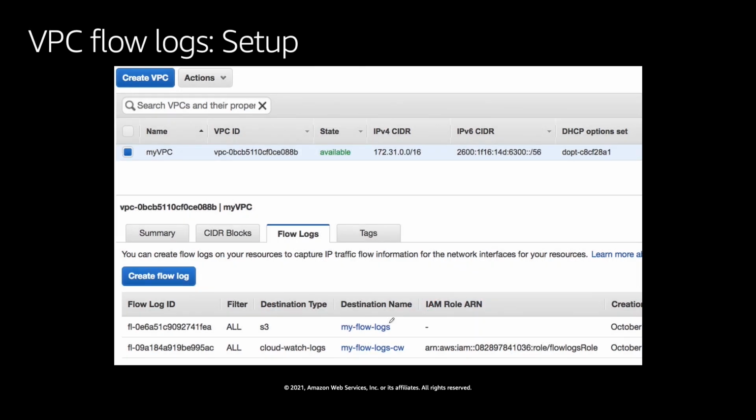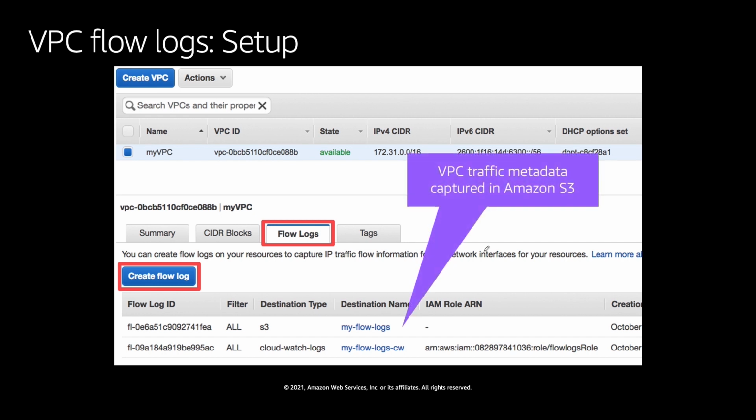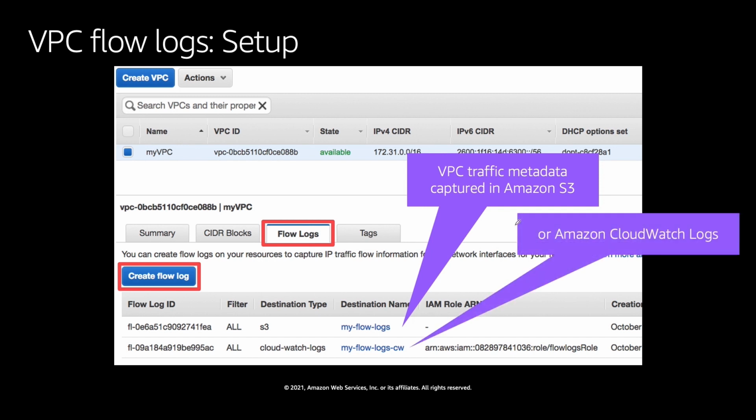So the way that you can create a VPC flow log is you go to the VPC console, and then you can click on create flow log under this flow log tab, as you can see here. And if you see in this image, you also need to define where it should save the logs, and it could be either on S3 or on CloudWatch, right? So you can select whatever you want.